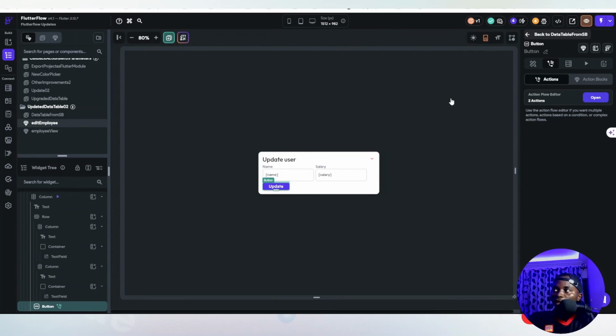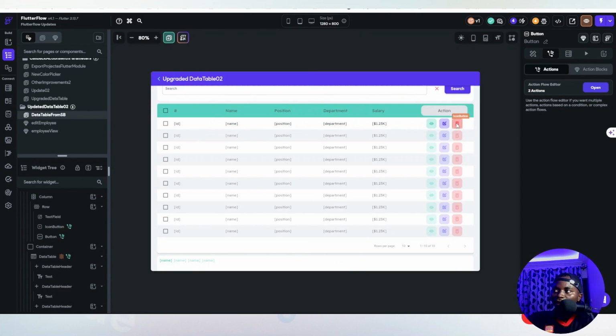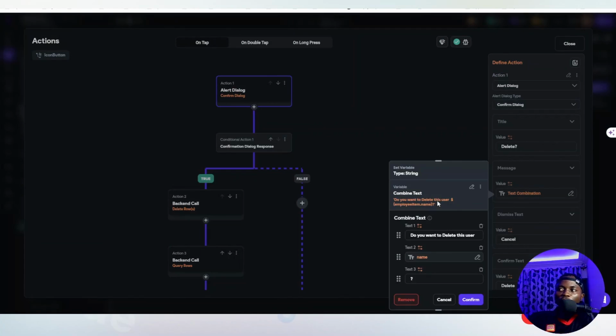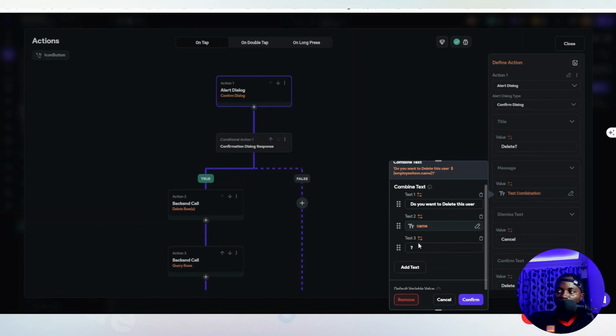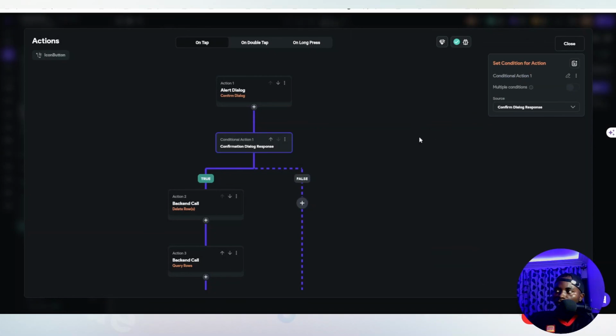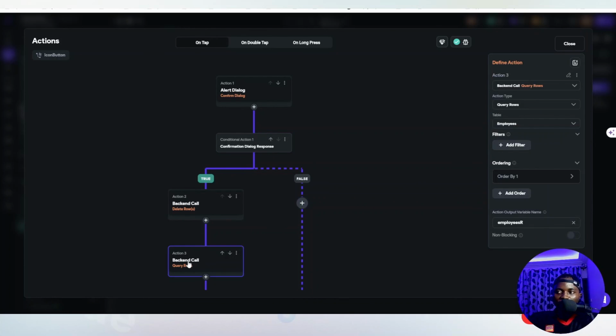Similarly for the delete, when you click on this delete icon, it's going to open this alert dialog, this confirm dialog for you to confirm, saying do you want to delete this user. Then I display the username, and this is just combined text. And if you confirm the response, that you want to delete, it's going to just delete where the ID matches, right? Where the ID is equal to that employee ID, and then it refreshes the backend query that we had